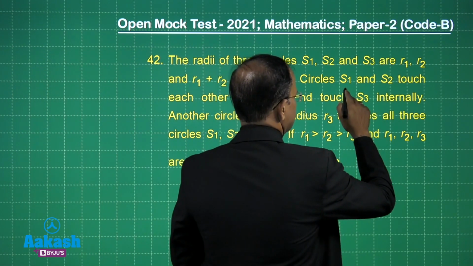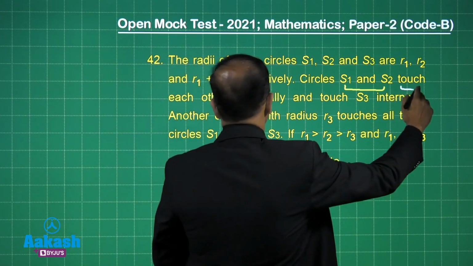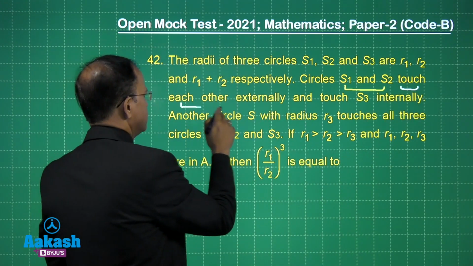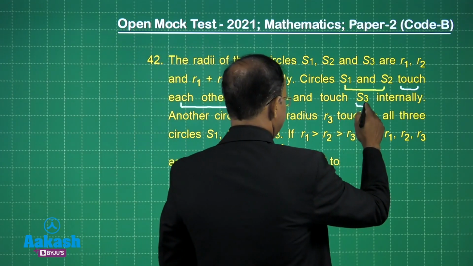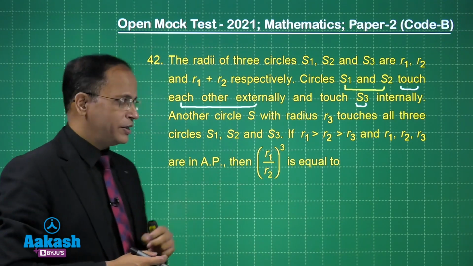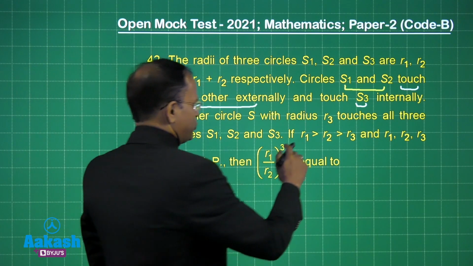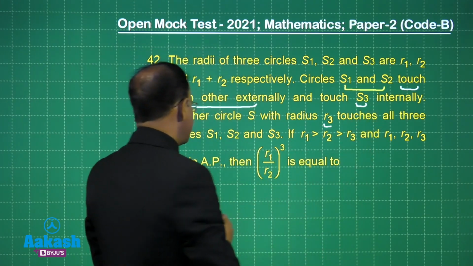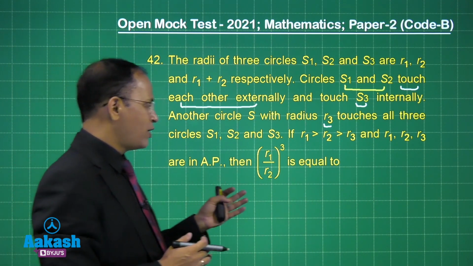This is a very important thing, circles S1 and S2 touch each other externally and touch S3 internally, friends, right. Now, another circle S with radius R3, so there are 4 circles which are involved. With radius R3 touches all the 3 circles S1, S2 and S3,